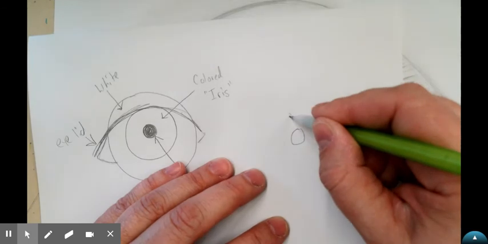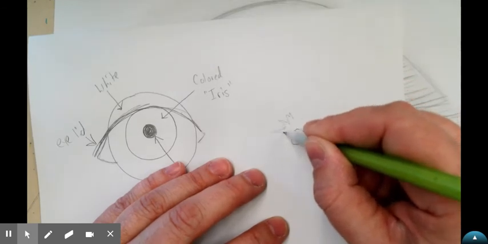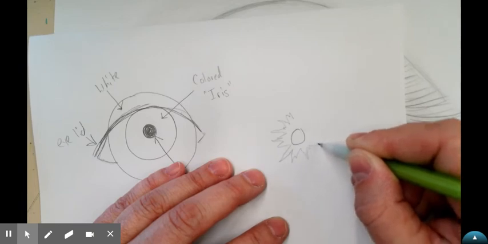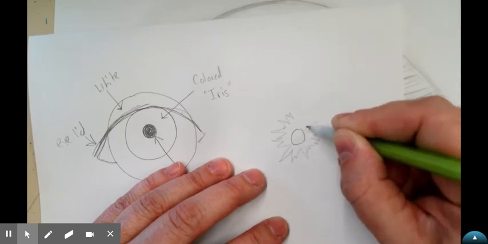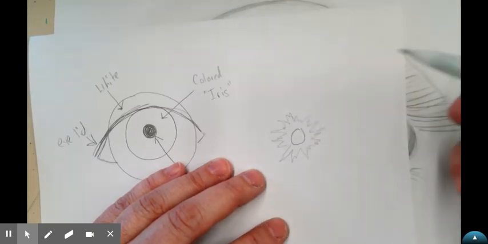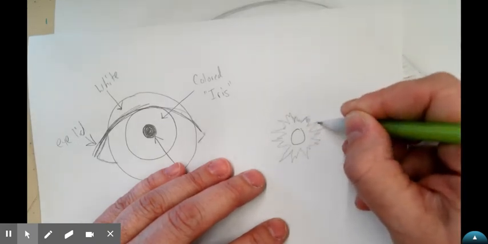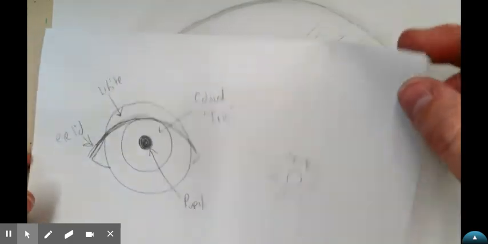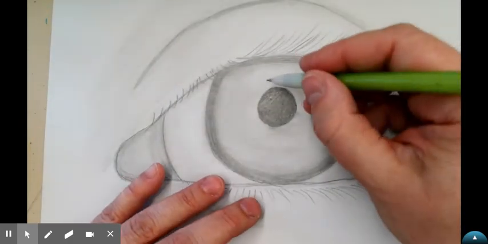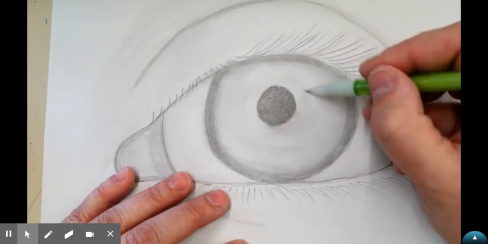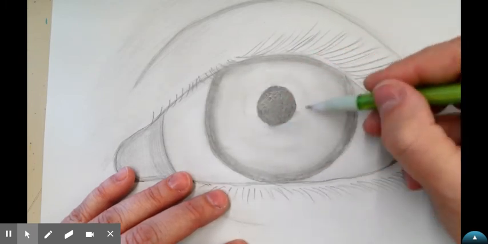It's almost looking like not quite a sun idea, but an irregular kind of design that's going around it. It's kind of subtle, so we're going to be careful about not pressing too hard on it. But if you get in mind roughly an area that goes around the pupil,